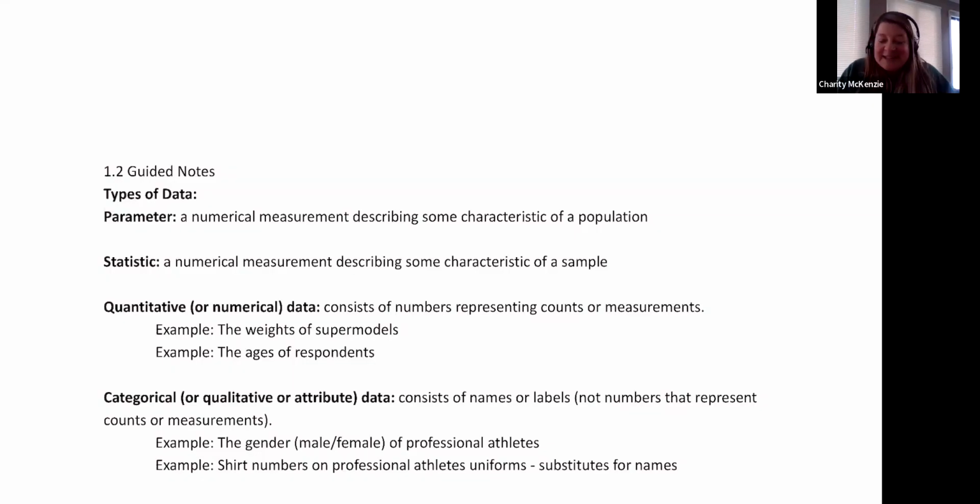All right. So in section 1.2, we're talking all about data. Okay. So we're collecting this data. And when I collect it, what kind of data is it? Like, what did I collect? Did I collect numbers? Did I collect words? And then that actually plays a role in what kind of graphs you can make and what kind of calculations